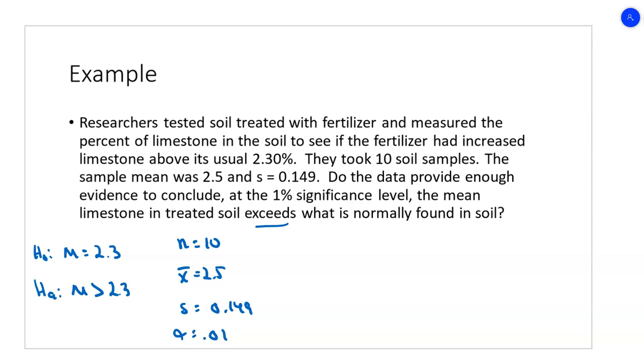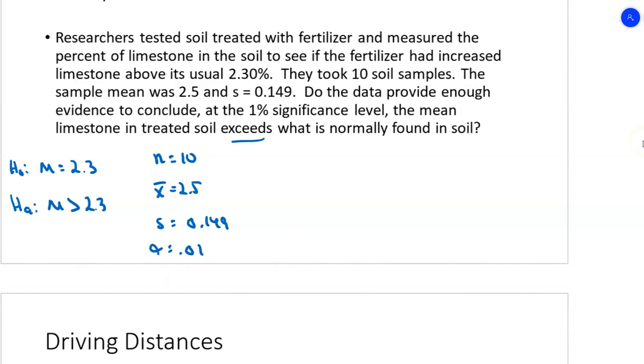All right, first step is let's calculate that T statistic. So that T statistic is going to be the sample mean minus the mean from the null hypothesis over the sample standard deviation divided by the square root of 10. So that gives me 2.5 minus 2.3 divided by 0.149 over the square root of 10. All right, I get 4.246, so 4.24